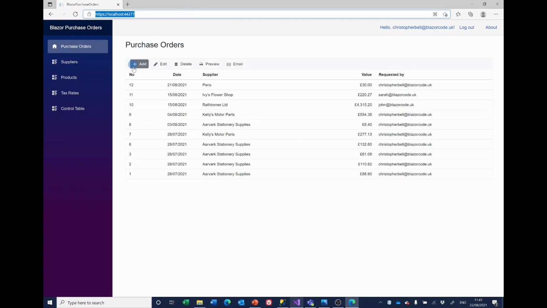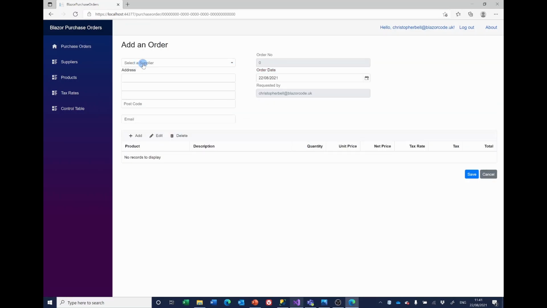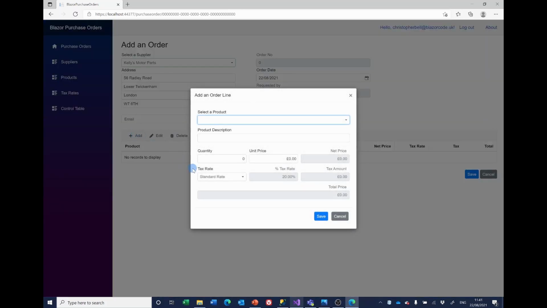And if I try adding a new order now, you'll see that even before I've selected a product, the tax rate is here, and the tax rate description, and the actual percentage is saved here. So